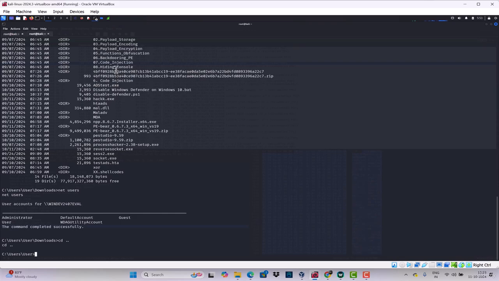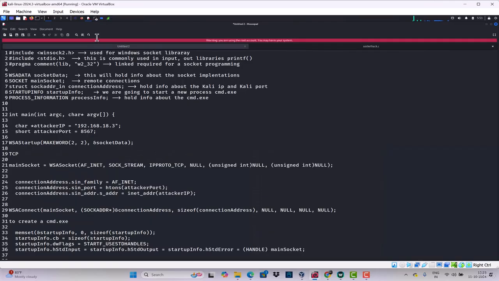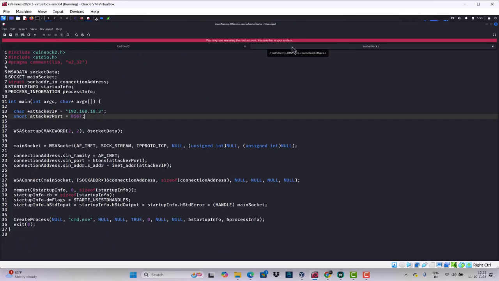So we are controlling the Windows machine from the Kali machine. This is how the attacker will get the reverse connection. The malware is also pretty simple. It's not a malware, it's a socket program. This is the way the threat actors will create other malwares, like it will give a reverse connection to